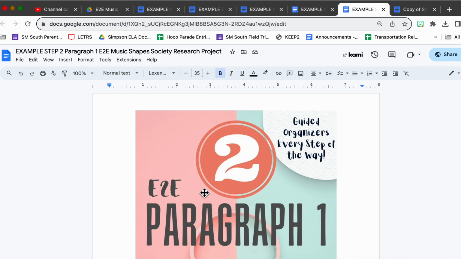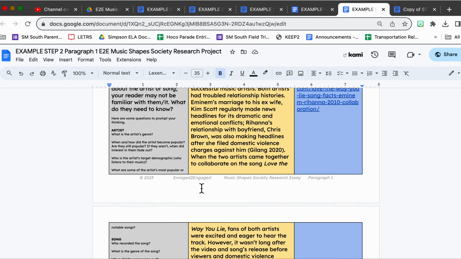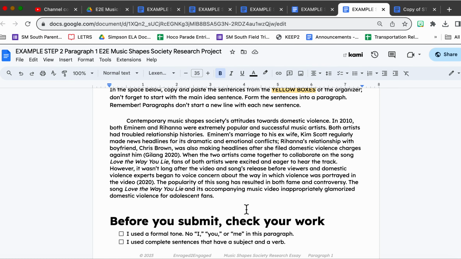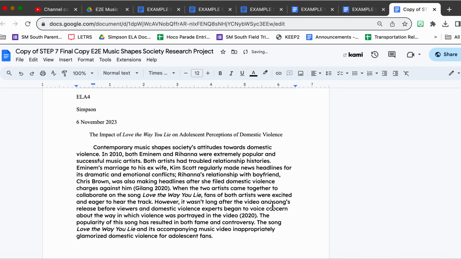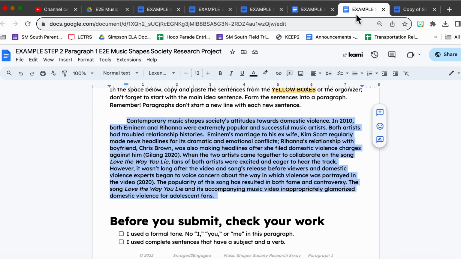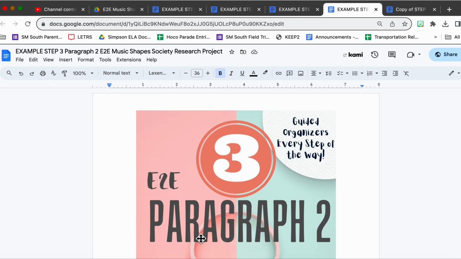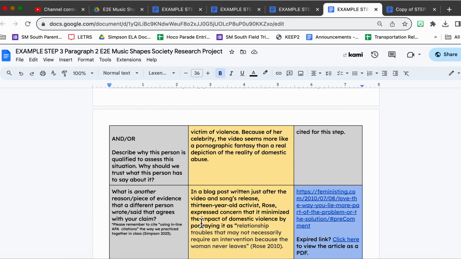So I'm going to start at step 2 and scroll down until I see my completed paragraph. I'll highlight it. I'll copy it, and I'm going to paste it into my document. All right, first paragraph down. As I finish my copying and pasting, I can close each document to make sure that I don't accidentally do something twice. I'm going to go to my step 3, scroll down,